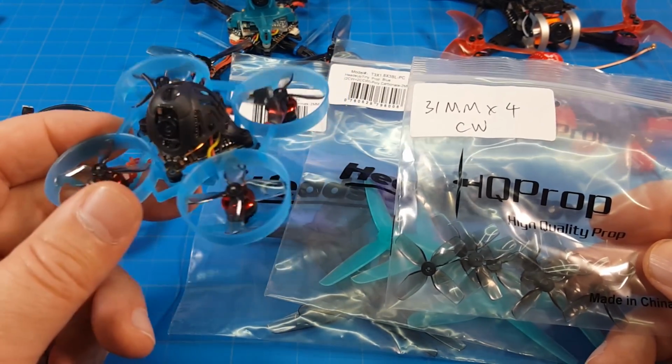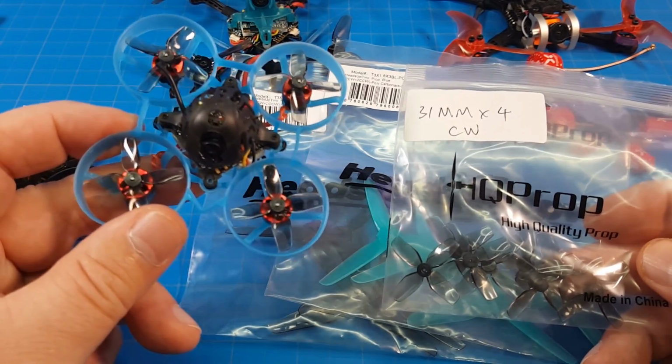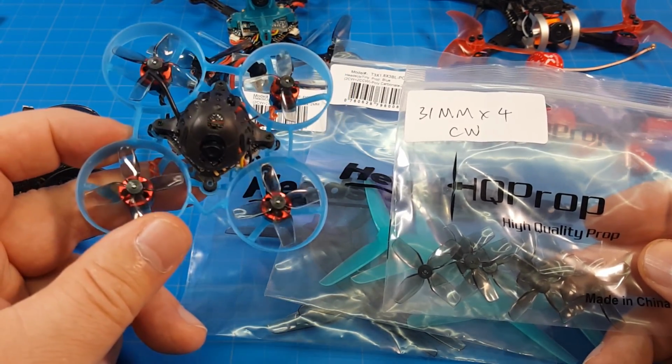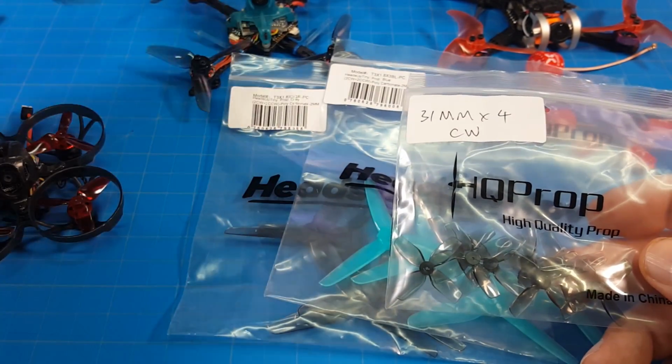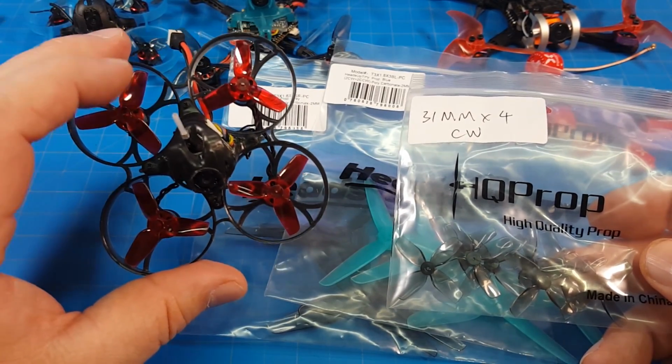I've almost exclusively used 0802 motors. I don't care for the 0803 motors when it comes to these little micros, so I use a lot of 0802s. Sometimes I use 1102s if we're pushing bigger props, say 40 millimeter props. I do wish they had the tri-bladed version in a 40 millimeter, and this is a 35 millimeter HQ prop